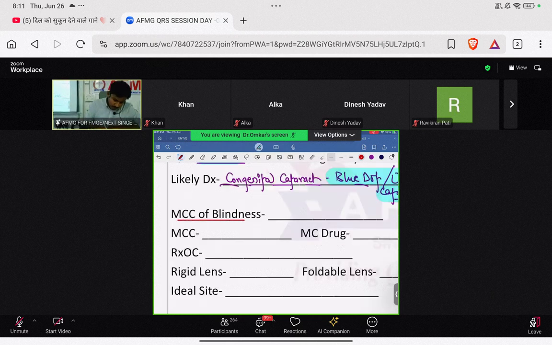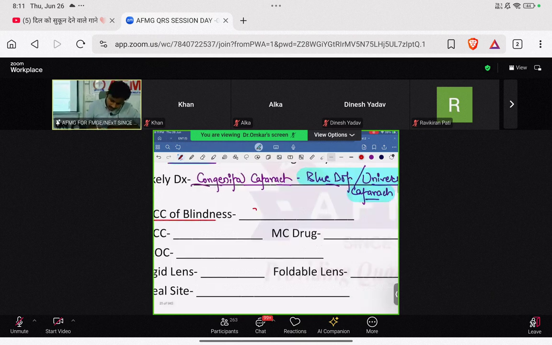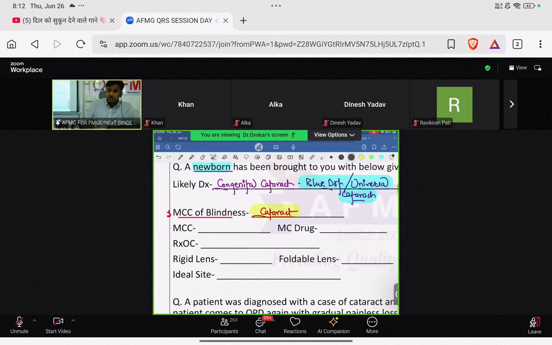Next, what is the most common cause of blindness overall? We know बेटा, most common cause of blindness or ocular mortality is always cataract बेटा. Most common cause of ocular morbidity, refractive error. Very good. याद रखना, mortality मतलब death, ठीक है? तो most common cause of ocular mortality, that is blindness, is nothing else but cataract. But most common cause of ocular morbidity, that is disease, answer is refractive errors.